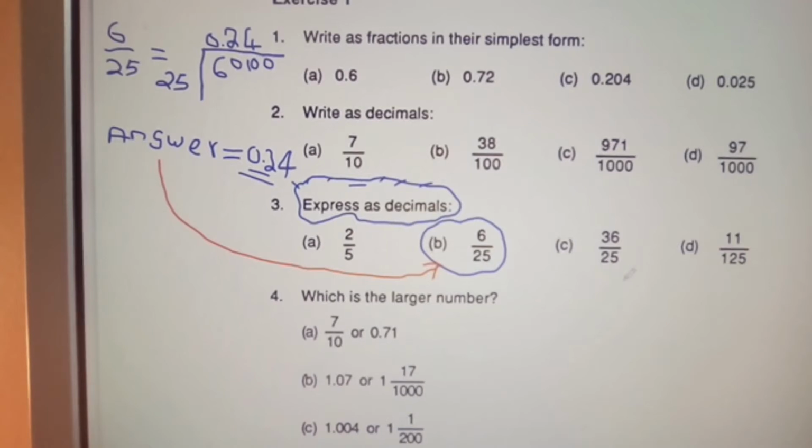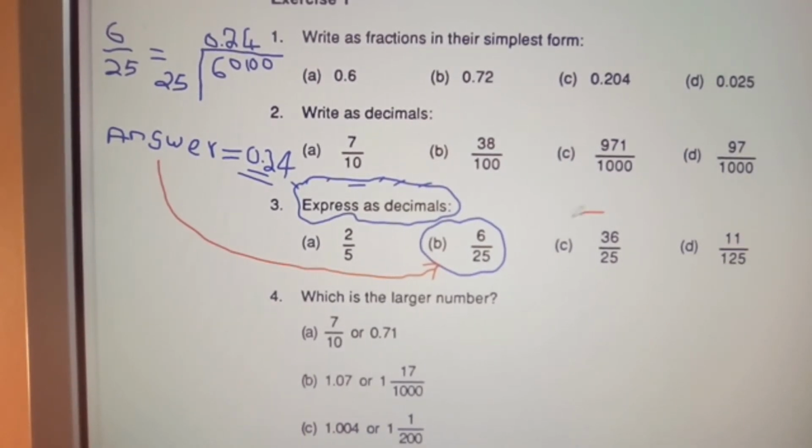Okay. Now the next one we're going to do is this one here. So keeping the pen in place, we're going to do him. So we're going to put here 36 over 25 equals,